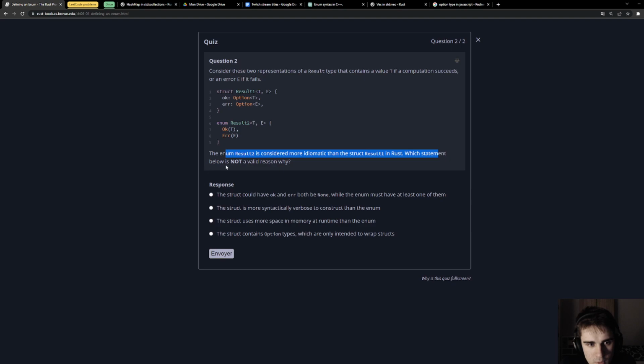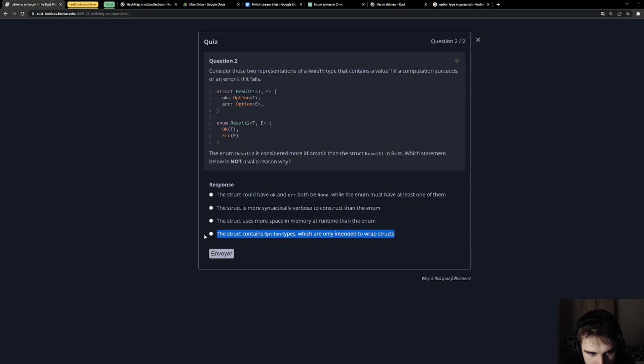Which statement below is not a valid reason why? So if I understand correctly, I need to find a statement that is not the reason why Result2 is considered more idiomatic than the struct Result1.